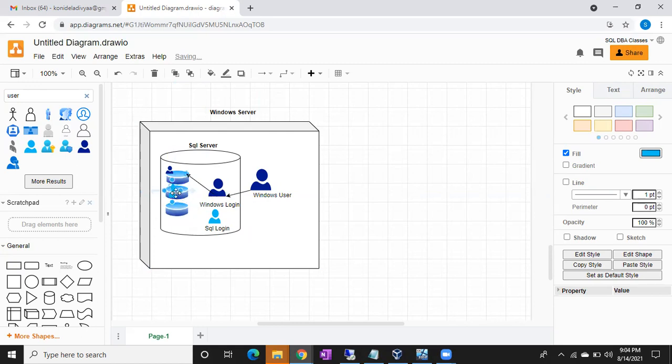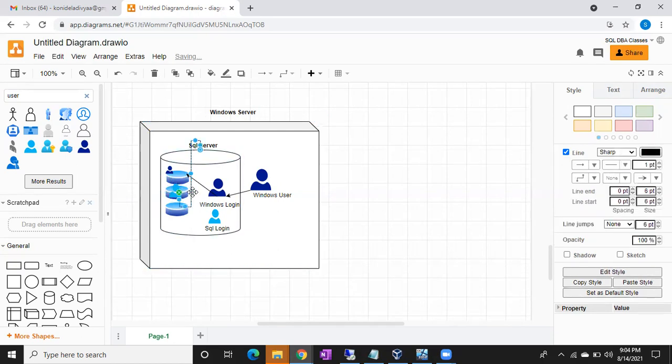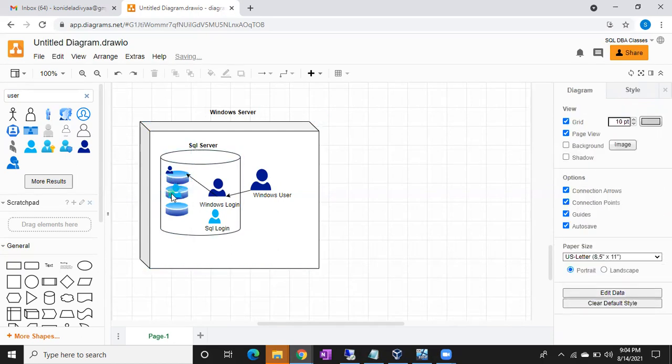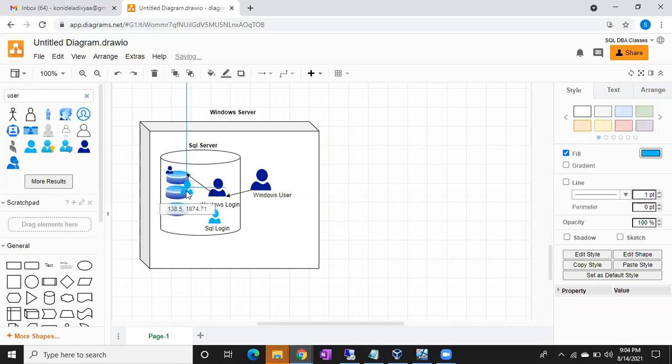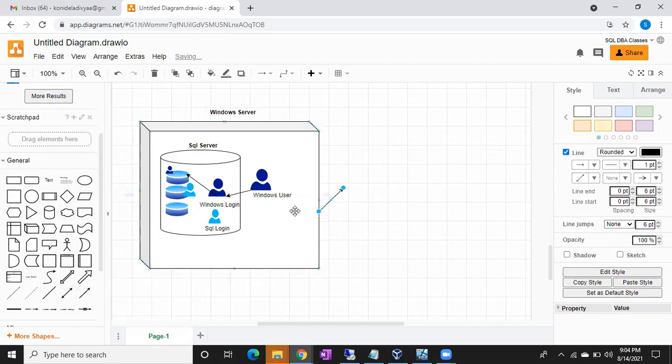Okay, small Windows login is created. Let me draw this arrow.